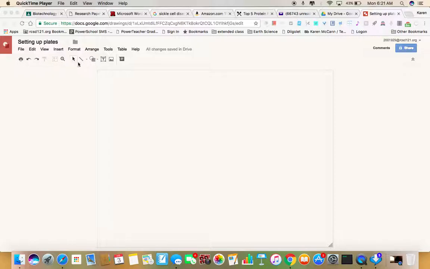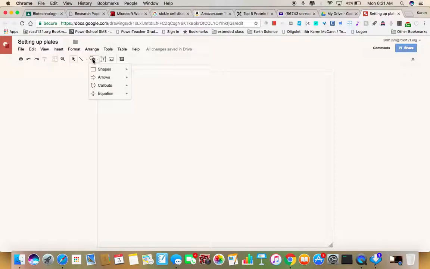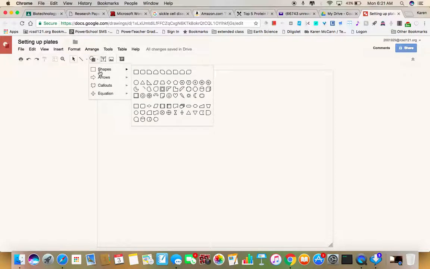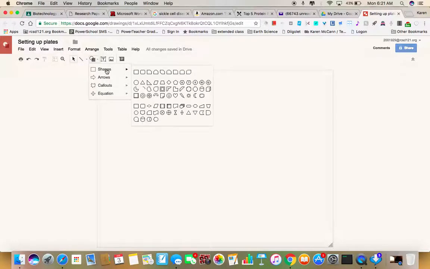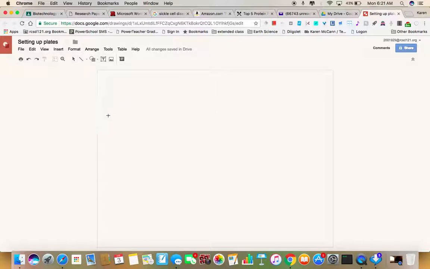Along the top, we have all these different things we can do, and right here there is a shapes icon. If we click on that, you will see you have these different options. We're going to go to the shapes themselves, and we're going to go to the circle. Click on the circle and make yourself one Petri dish. Once you make one,